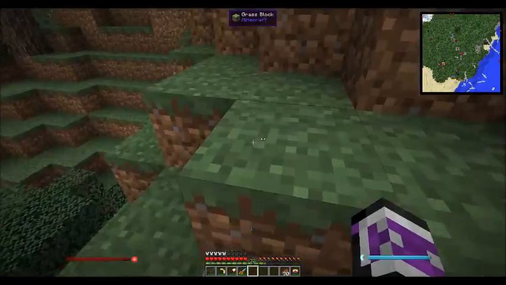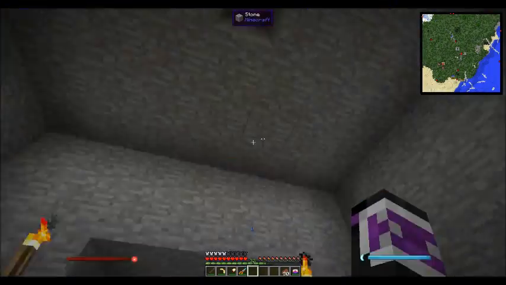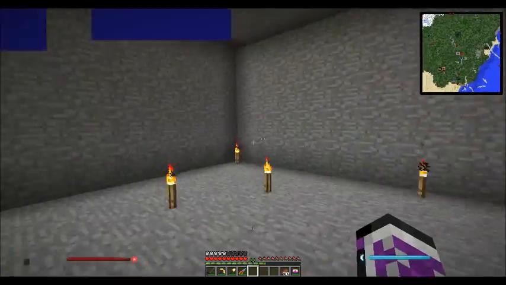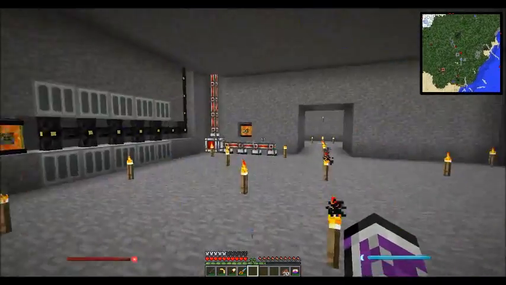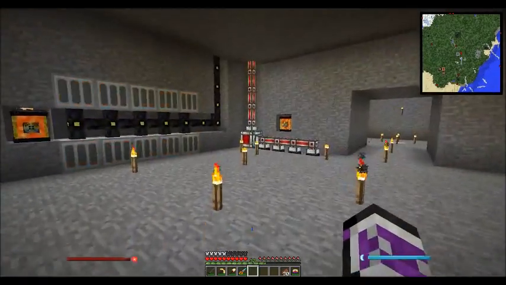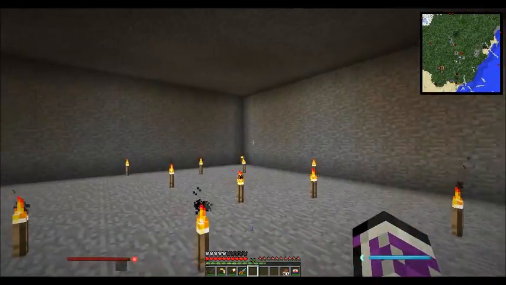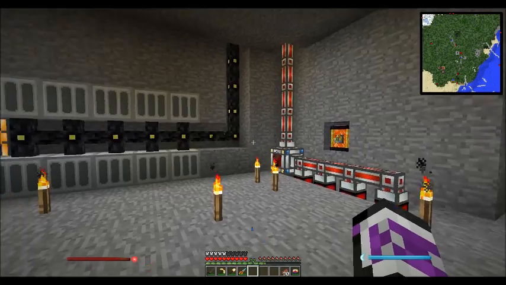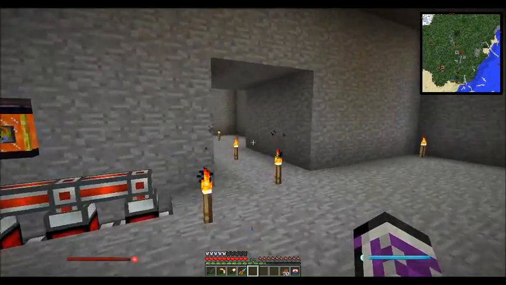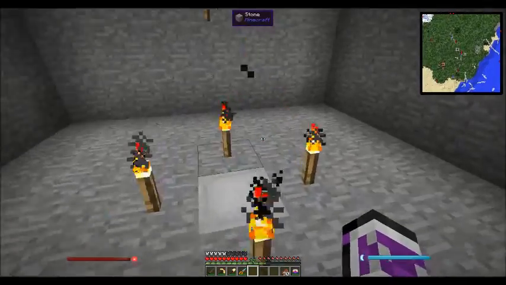Eventually I'm probably going to dig out a second sub-basement, or I'll just expand this out and we'll have some hallways where we can place in our coke ovens and our blast furnaces so we can get steel and creosote